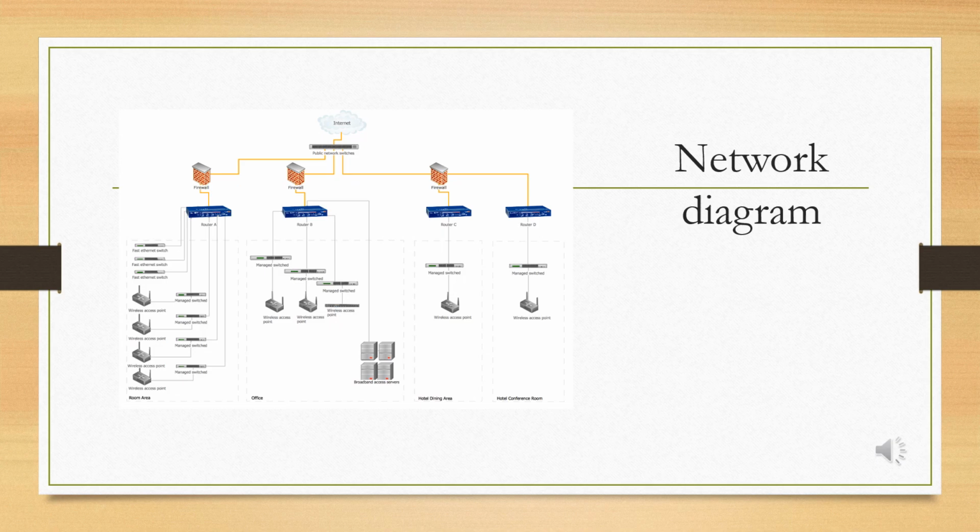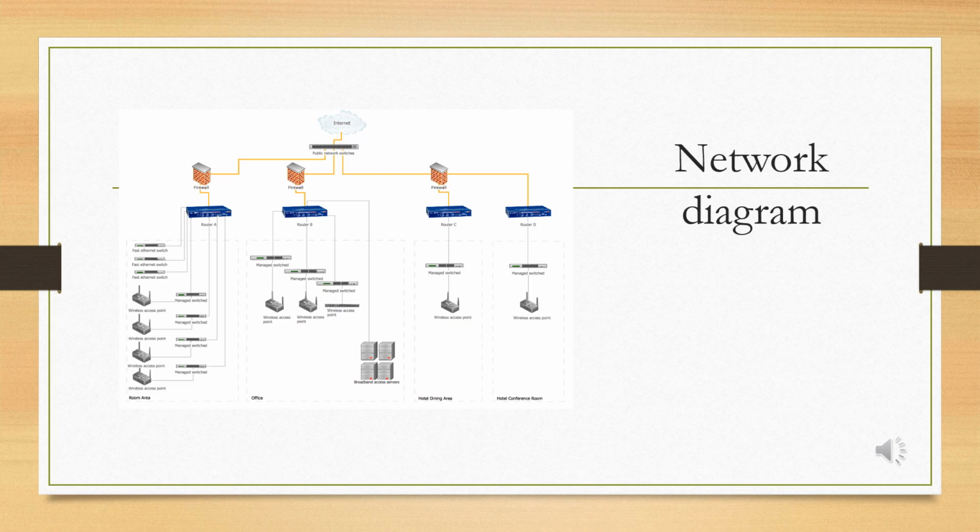Our hotel booking system relies on a complex network infrastructure to function effectively. To illustrate this, we have created a network diagram that shows the various components of the system. And there are four routers A, B, C, and D. Each of the routers serves a specific area within the hotel, which are room area, office, hotel dining area, and